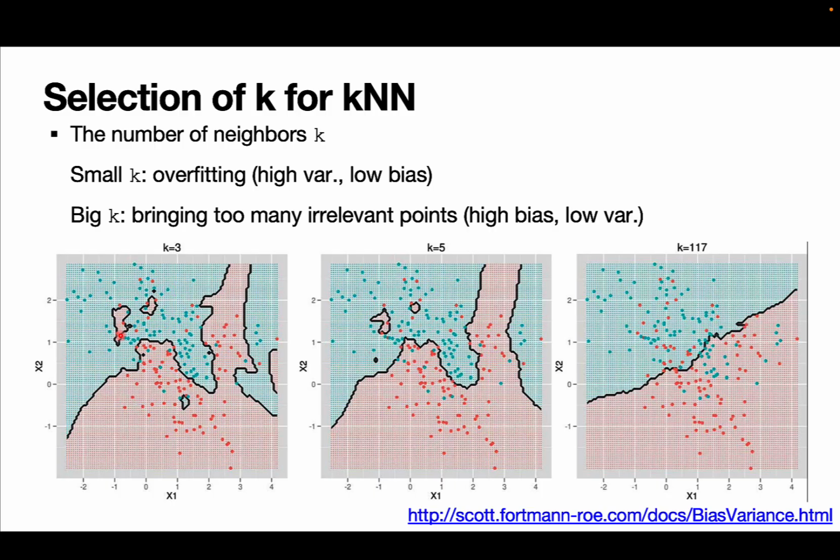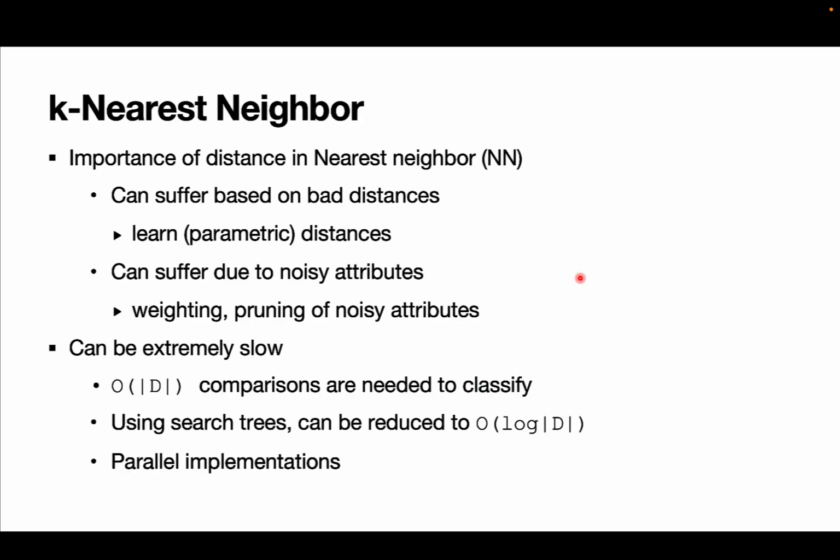On the other hand, when increasing the value of k, here k equals 117, you can see how the majority class will eventually dominate. So the choice of k in k-nearest neighbor has received a lot of attention in literature, and there are so many papers on this topic. Some of the challenges encountered in implementing k-nearest neighbor algorithms: getting the distance function right,